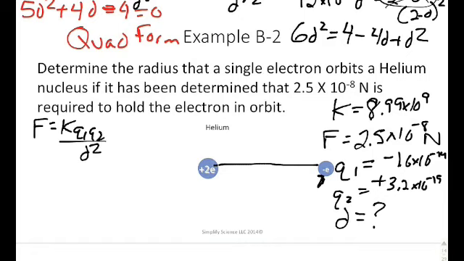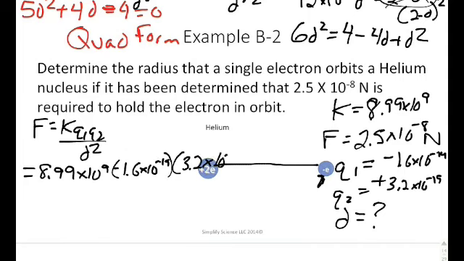So if you look, this example is much easier than the previous one because you're just plugging things in at this point. So what you would do is you would say 8.99 times 10 to the 9th times 1.6 times 10 to the negative 19th, and we need to make that negative, times 3.2 times 10 to the negative 19th, divided by D squared equals, remember it's equals, and then we have this 2.58 times 10 to the minus 8th